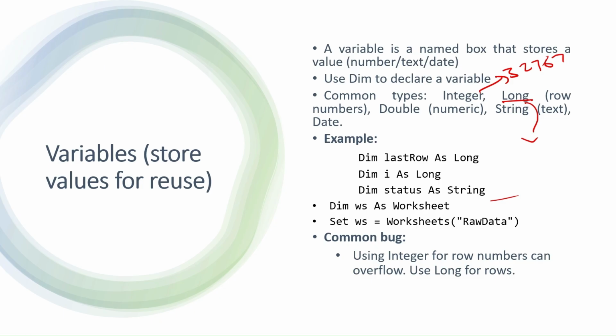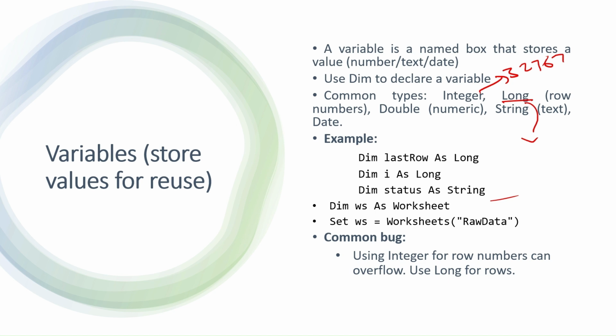Okay. Now, you may ask yourself, but what's the point of having a variable? You may still not get this. Why do I need a variable? And what is this dim WS as worksheet, WS worksheets row? All right, let me explain that first, and then I'll explain to you again what is the purpose of having